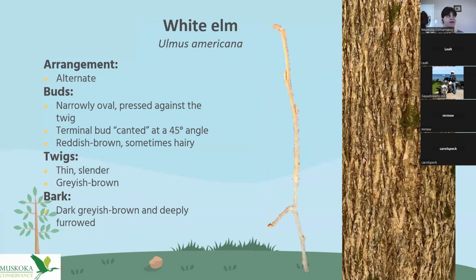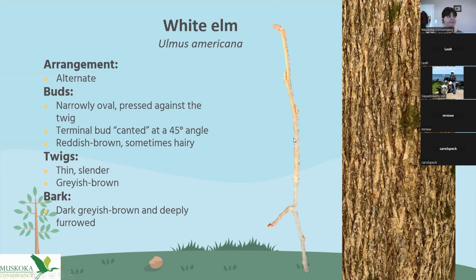Next is our white elm, which is Ulmus americana. Its arrangement, of course, is opposite, and it's got quite a unique terminal bud. So it is what's called canted, which means it's sort of at a 45-degree angle from the stem. The buds in general are quite oval and narrow in shape, and you'll see here that they're held very, very tightly against the stem. And they tend to be a reddish-brown color, and they sometimes will have a fine hair